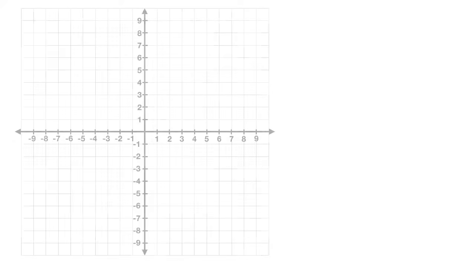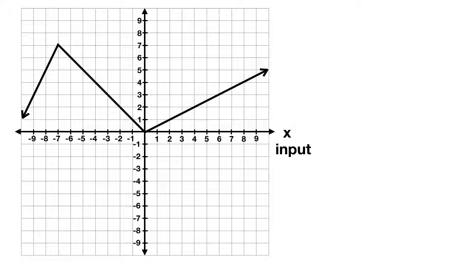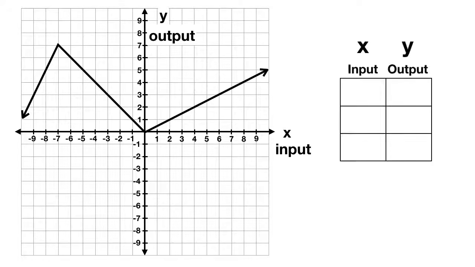Let's practice reading functions on a graph together. Here's a coordinate plane, and we'll show a function with this line. Remember that the input will be the x value, and the output will be the y value. To start, let's calculate our function when the input is negative 8. Well, to do this, we'll go to negative 8 on our x-axis. What is the y value here? Well, if you look up to the line, you can see the y value here is a 5. So the output to this function is 5.